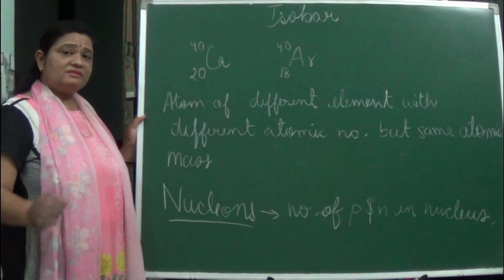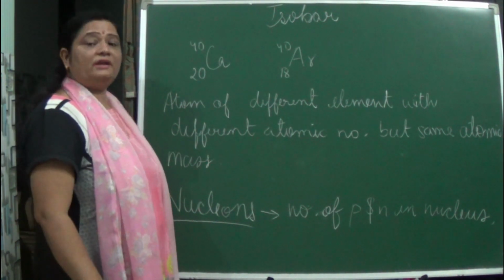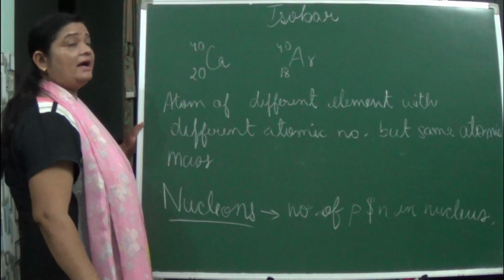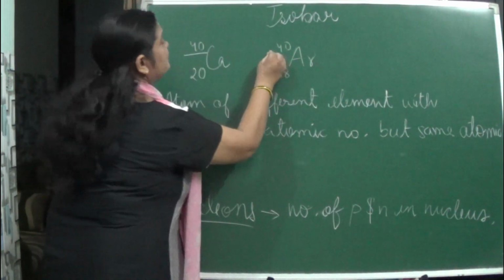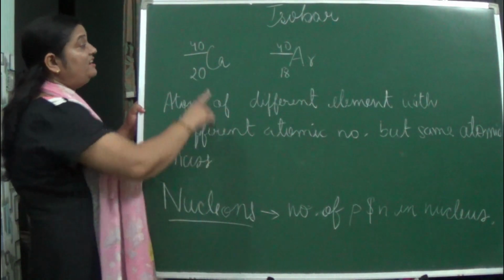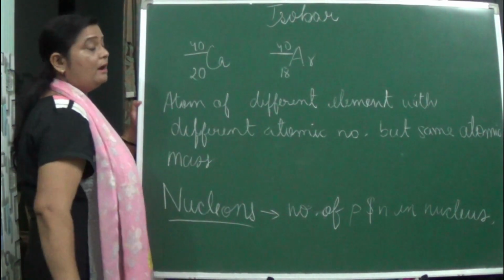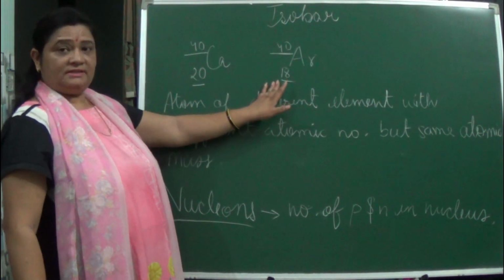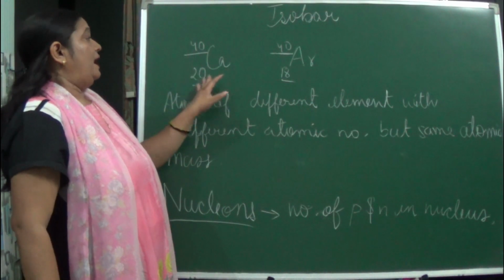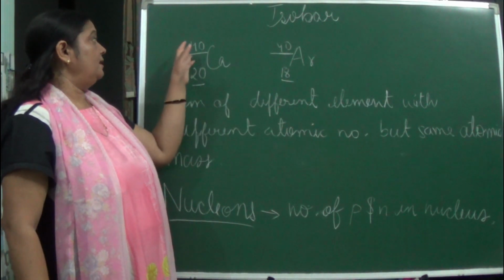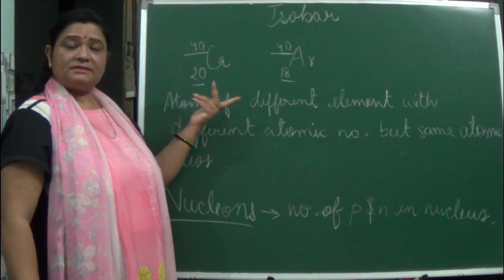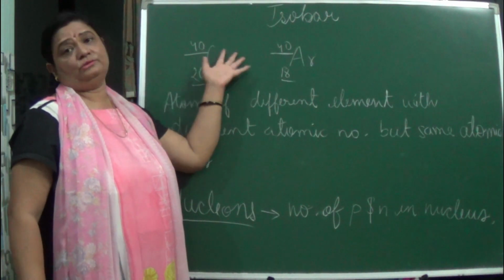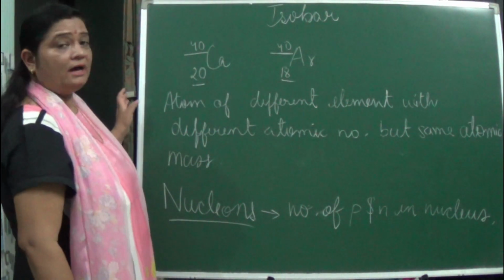Okay, so now we have studied isotopes, having different atomic mass due to the difference in number of neutrons. Here we are studying isobars, in which we are seeing different elements having the same mass number but different atomic number. So the proton number is different, isn't it? As a result, the mass number is similar, though the elements are different. Here also this difference arises due to the neutrons present in the nucleus.